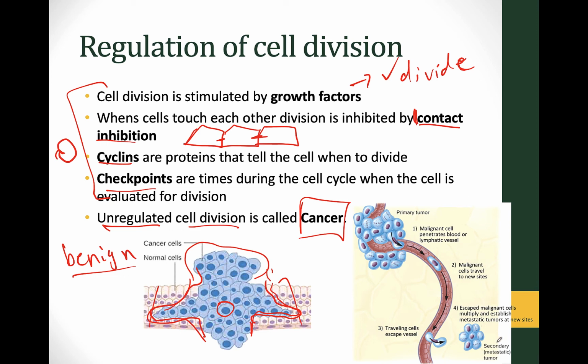A much more problematic cancer, metastatic. And this is when one tumor forms. So here's the first tumor. One of these cells breaks off and somehow travels and creates another tumor. This is called a met. And this can happen by moving through the lymph system or the circulatory system. It can even happen if it doesn't travel like this, but if it just invades another tissue.